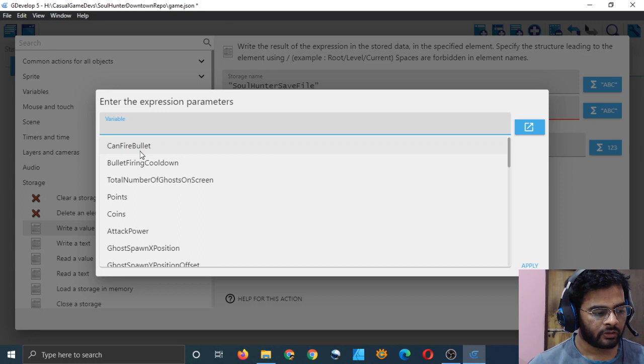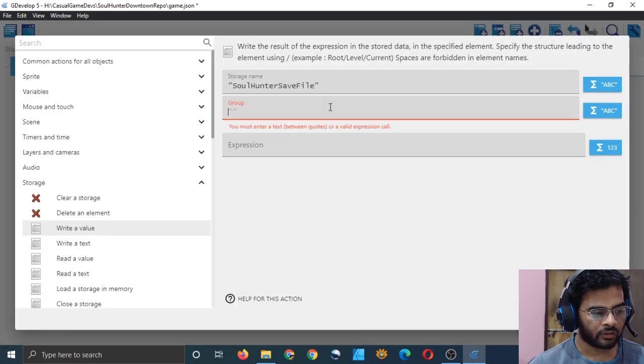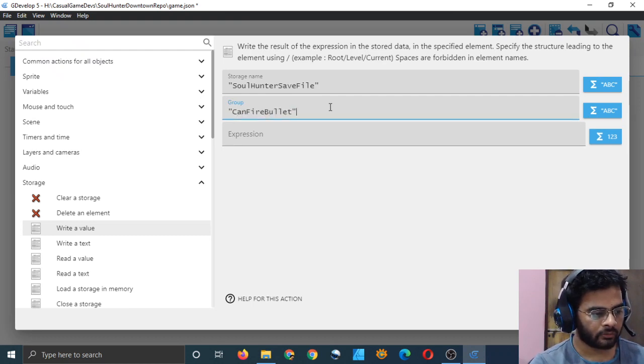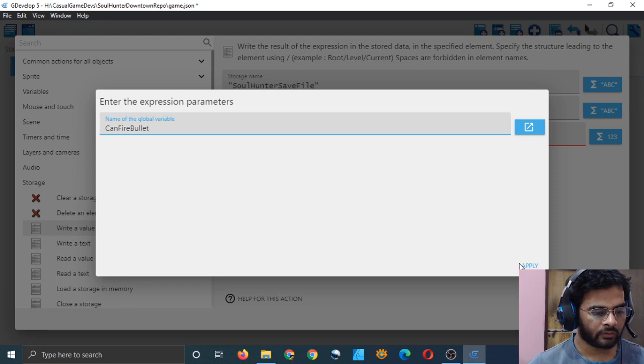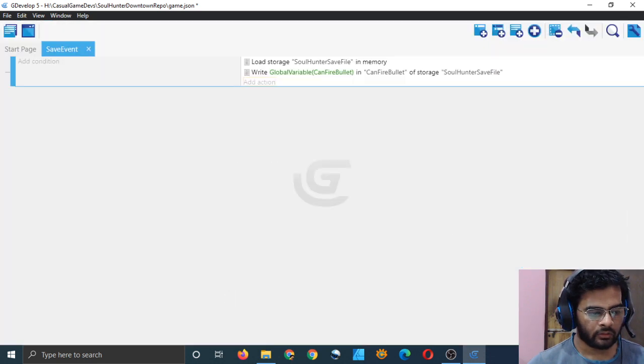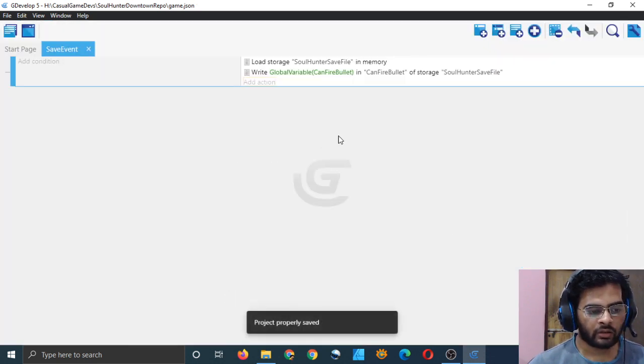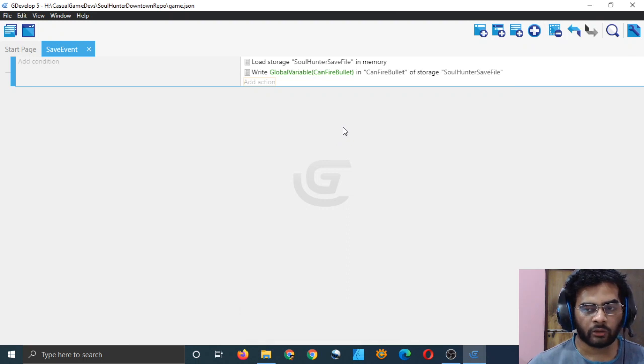Can fire bullet, firing cooldown, total number of ghosts on screen, and all that. I don't need to do this. Save this. Can fire bullet. What is the expression which we will give here, which is the value of the global variable can fire bullet? Okay, we saved this in a save file.